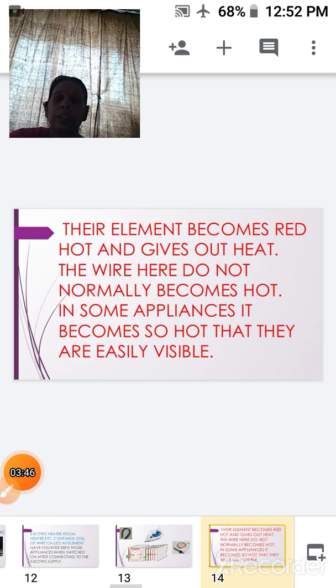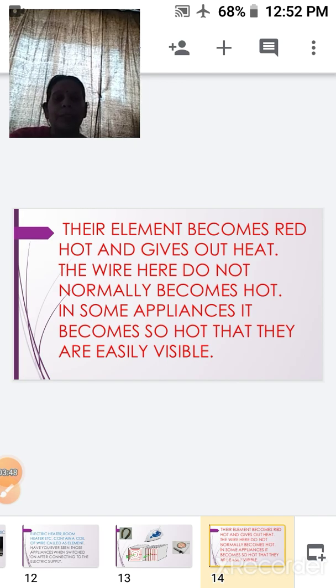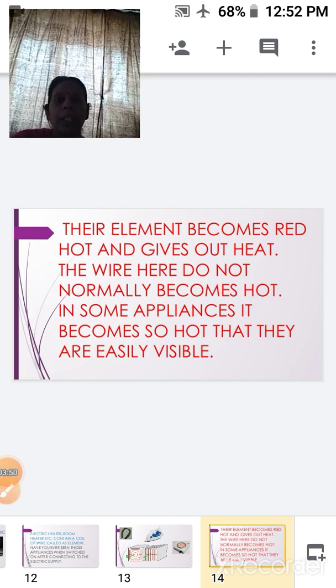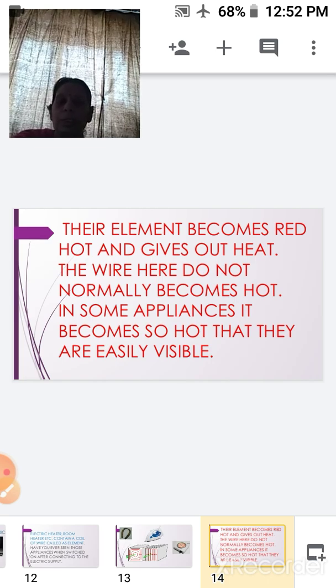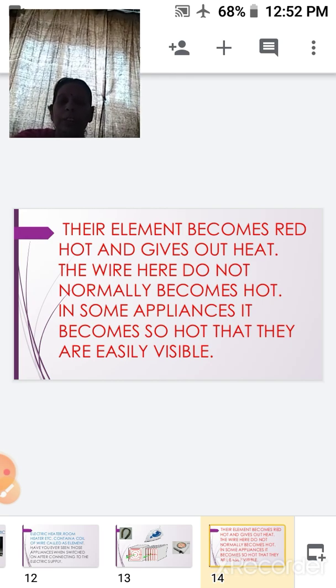Their elements become red hot and they give out heat. The wire here is not normally very hot, but in some appliances it becomes so hot that it is easily visible. This is very common in the electric iron.